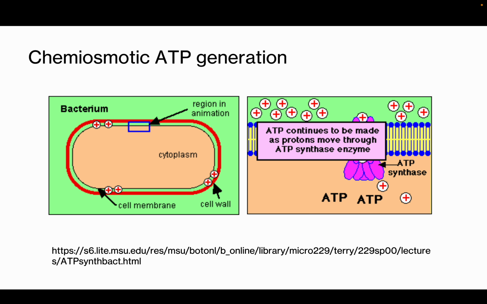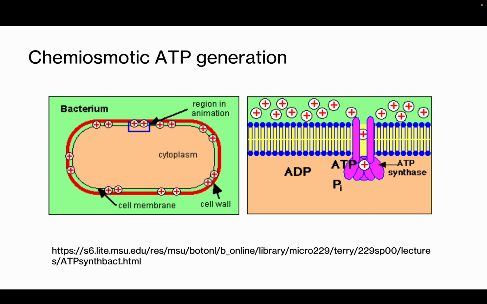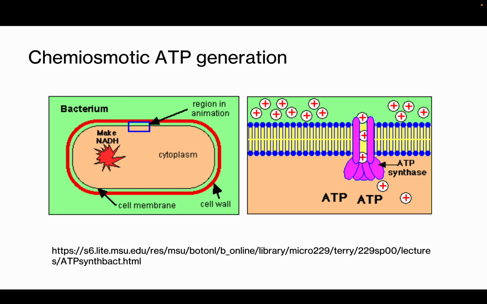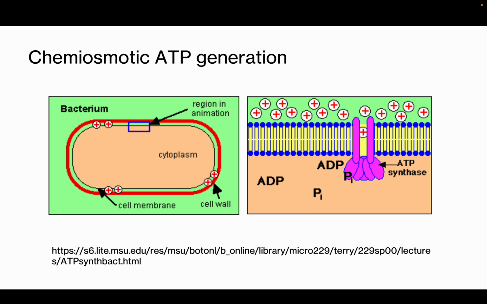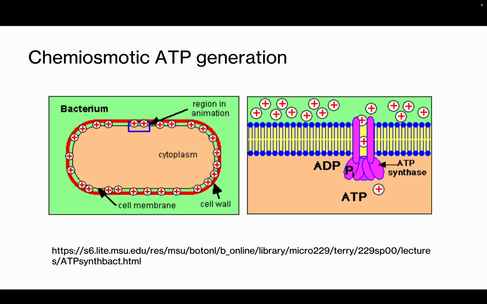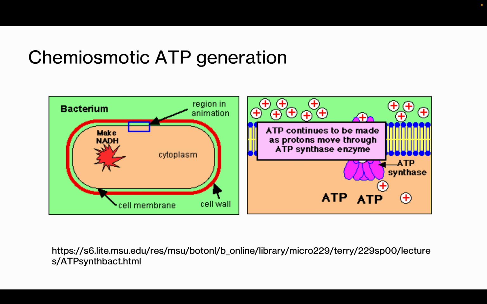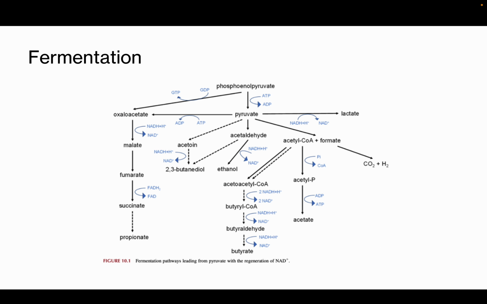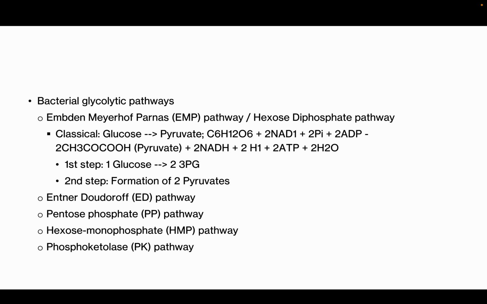Also, we reviewed ATP generation as a parallel activity to substrate metabolism and what happens in general, the concept of chemiosmotic ATP generation in microbial systems. So we already introduced fermentation, then the different glycolytic pathways that bacteria make use of, and the EMP as the